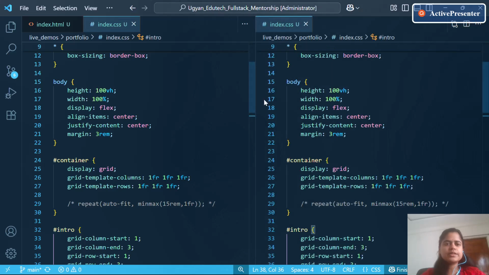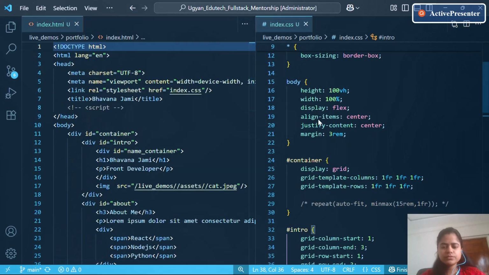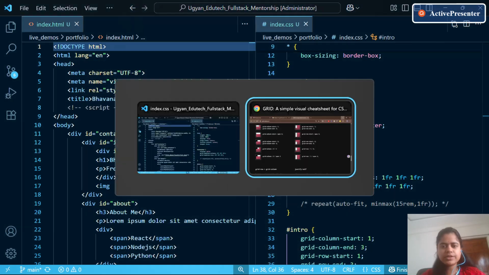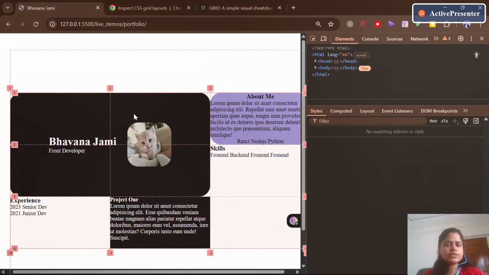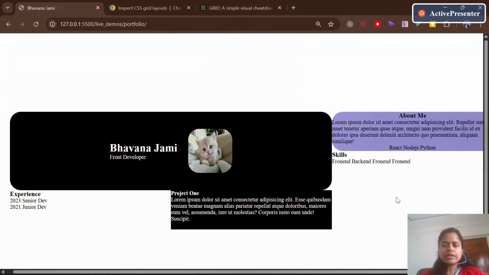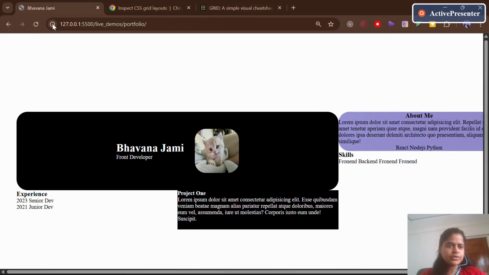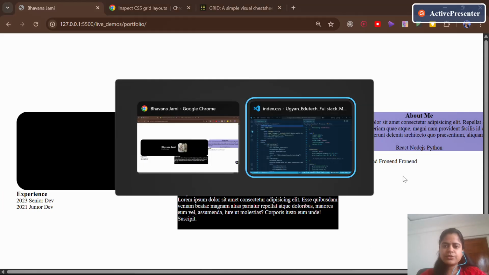Let's keep them side by side. I've already opened it on my localhost. Yeah, so certainly there is something going wrong here. I just had a look at what was going wrong. This is spanning according to our wish, but this is not spanning as expected. So if I go back,